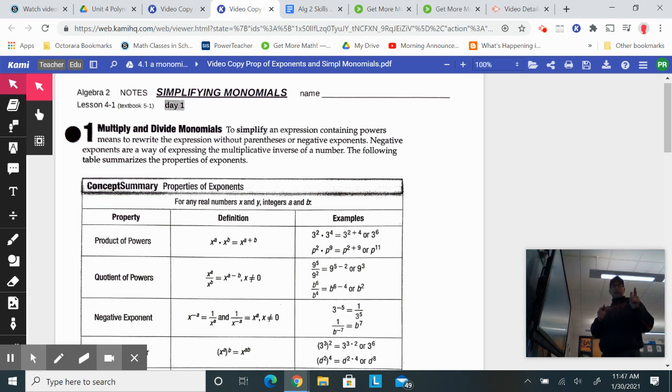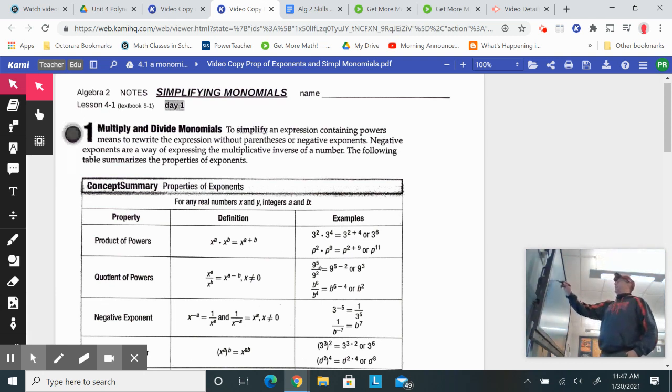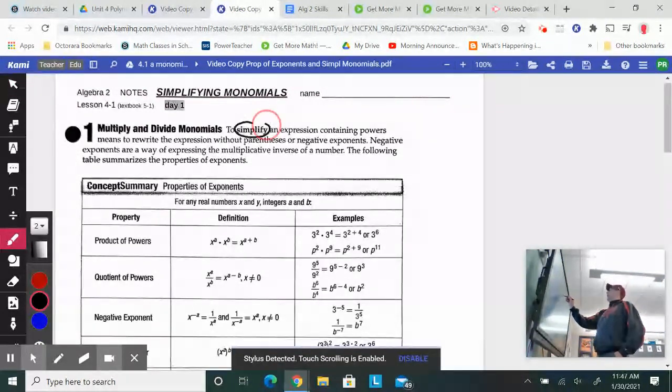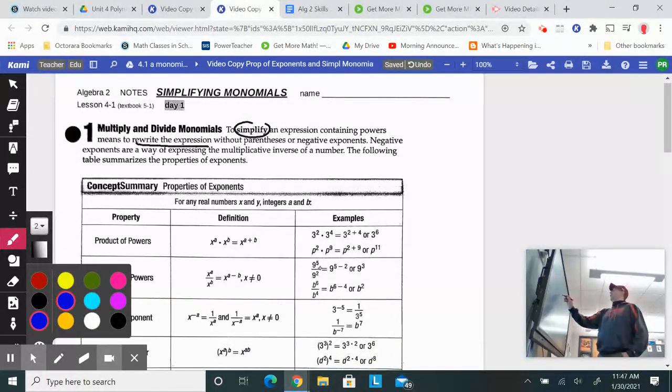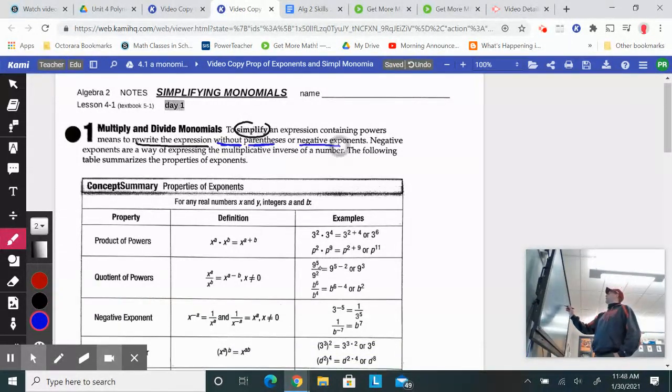All right, this video is about simplifying monomials, especially talking about properties of exponents. So in the first paragraph here, it talks about to simplify an expression containing powers means to rewrite the expression, and here's the key, without parentheses or negative exponents. Negative exponents are a way of expressing the multiplicative inverse of a number, and the following table summarizes the properties